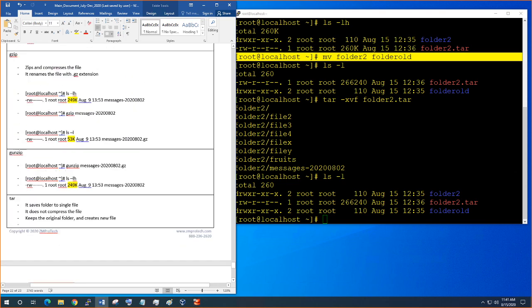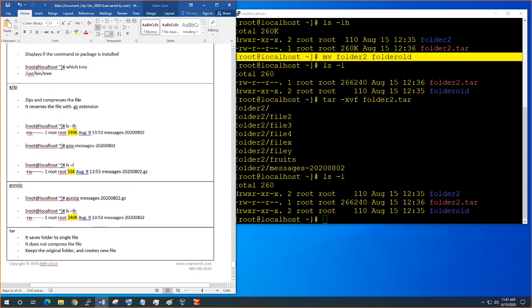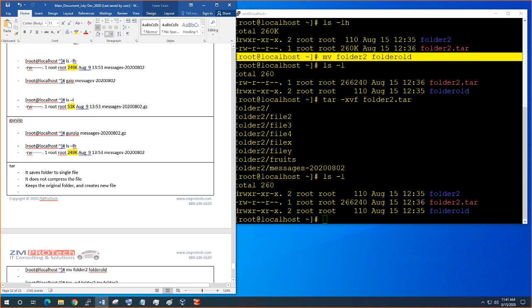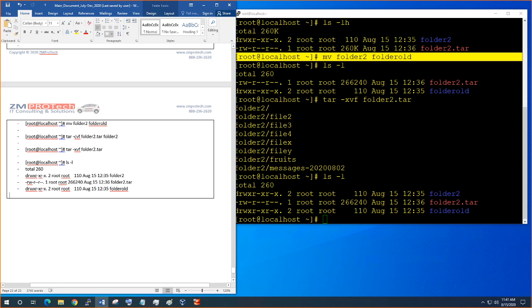So there are some advantages and disadvantages here. Using gzip and gunzip, you're playing with the live file here. You get only one chance here. If you mess up, there is no other chance. But if you're using tar, you could go back and create it again. Okay. So this folder came back,